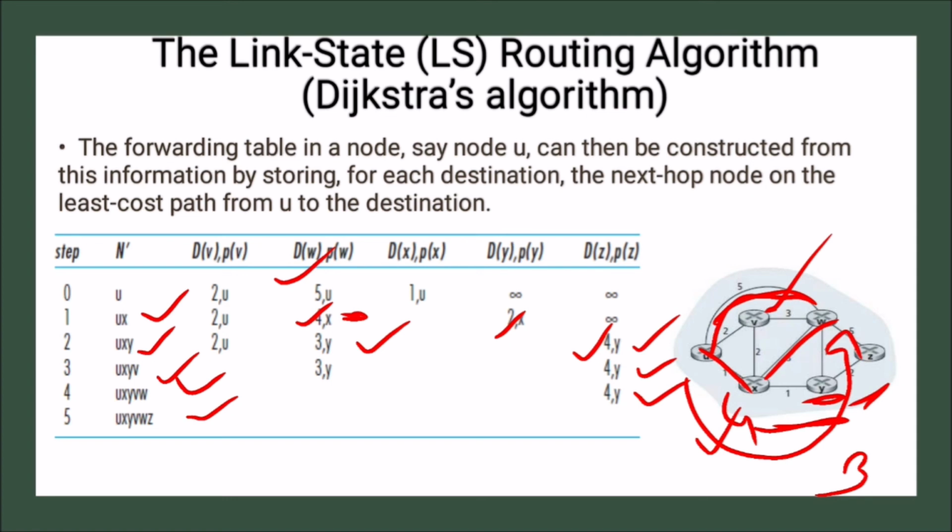Okay, so this is all about Dijkstra's algorithm. First it selects the neighbor costs. So here we show that first it is U to V, U to X and U to W. Then it selects the minimum of them, which is X. So it adds UX. Then again the minimum is Y, so UXY. Likewise it iterates for each and every remaining node.